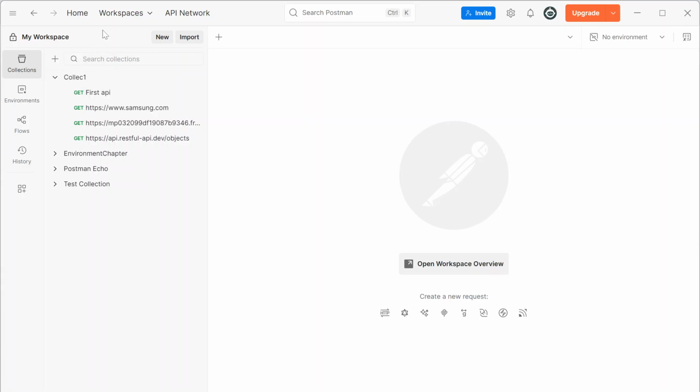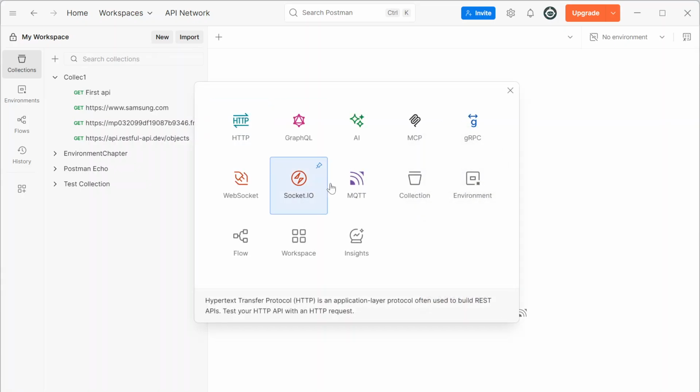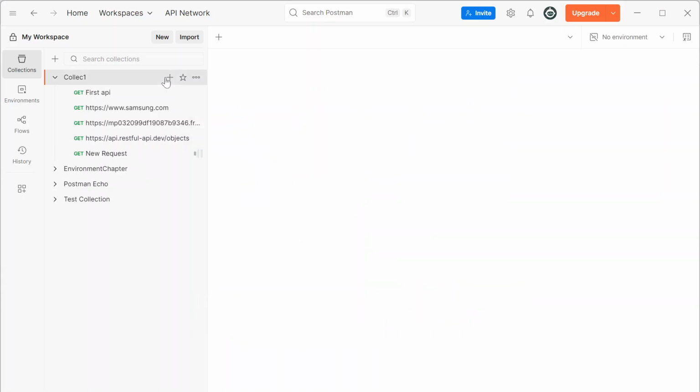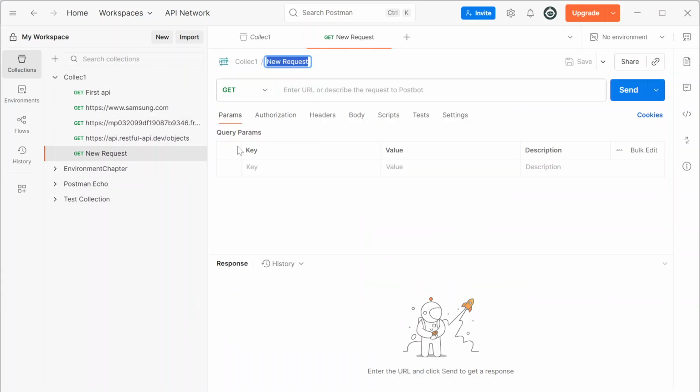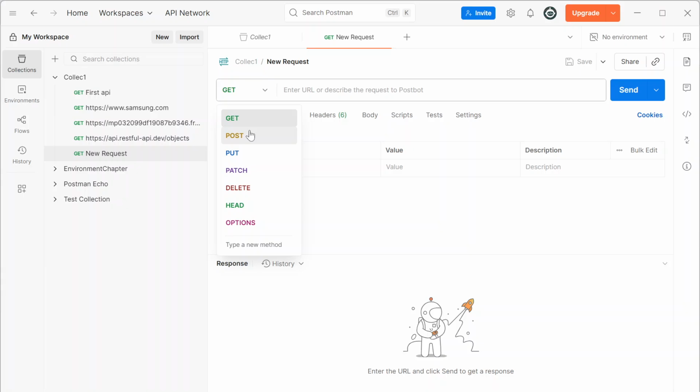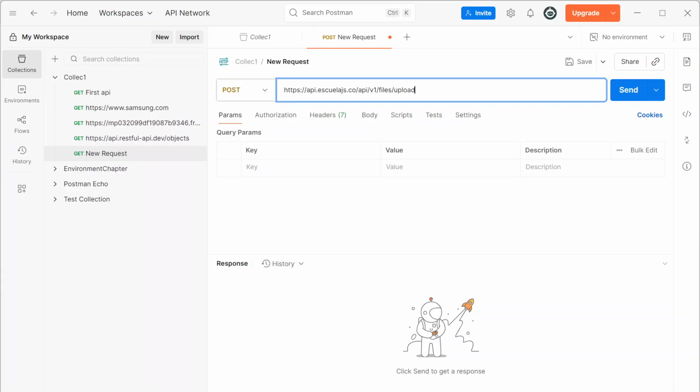So now I am going to create a new request in Postman. Let's see, in my sample collection, I am going to create a new request. What is the type of request? It is a post request. I am just pasting that URL. So we have to hit this post request with this URL and we are going to upload the file. So for that, what we have to do is,